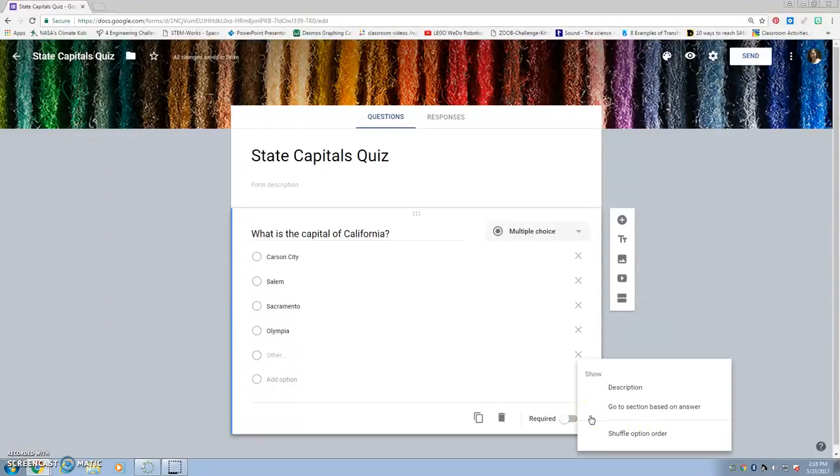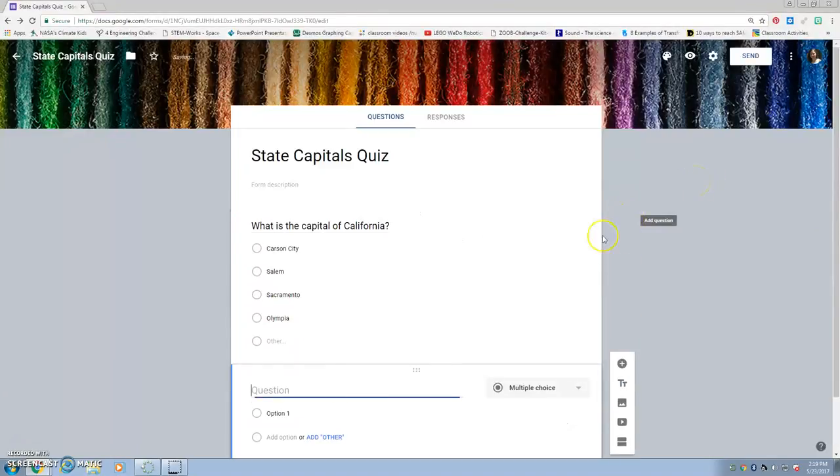Now down here I have some more complicated options. So go to section based on answer. So if they give a certain answer, it's going to skip to a specific section. Or shuffling the option order. That way students can't easily cheat off of each other. So I'm just going to keep this one simple. So if I add another question,